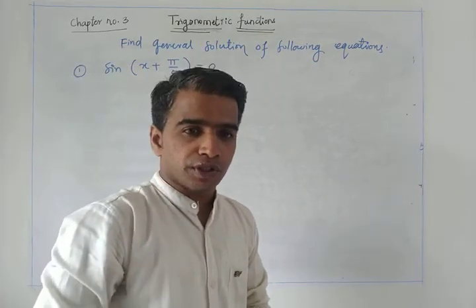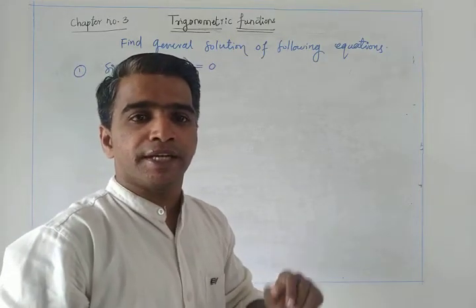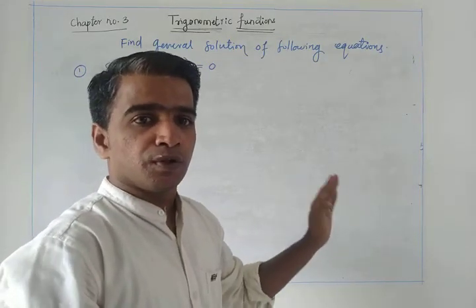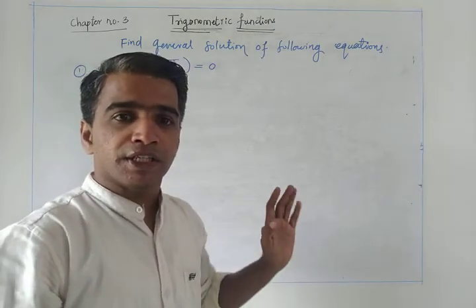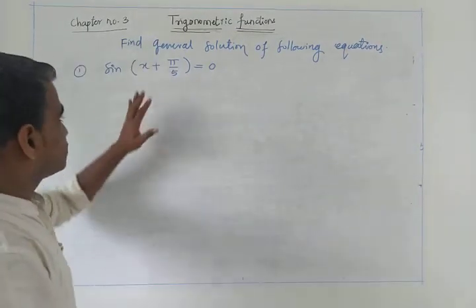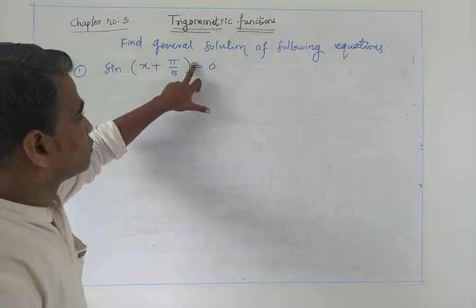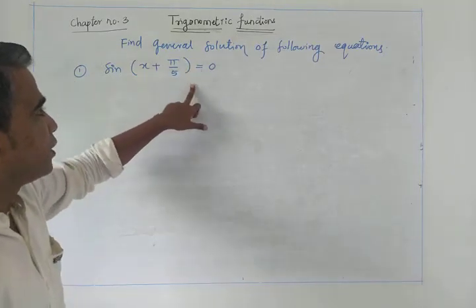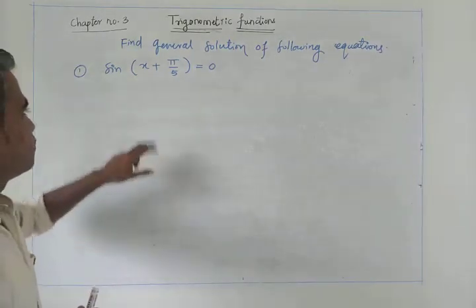So in general solution, three types of sets are there. First is a trigonometric function is equal to 0. Second is a trigonometric function is equal to the same trigonometric function with different angles. And the third set is a trigonometric function squared on both the sides with different angles. So now here, only one trigonometric function is there on the left hand side and it is equal to 0. So this is the question related to the first part. Now how to find the solution of that first part?